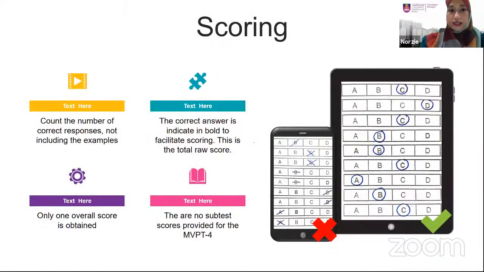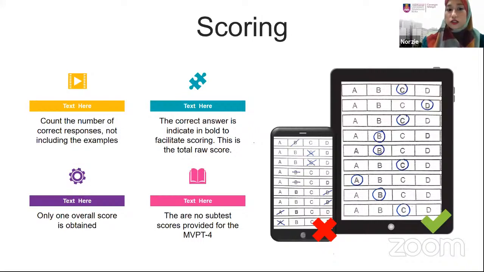Okay, scoring. Okay, you need to count all the numbers of correct responses. Kalau ada error, you exclude error tu. Kalau ada NR pun exclude. Okay, only count the number of correct responses sahaja. Only the correct answer is indicated in bold to facilitate scoring.